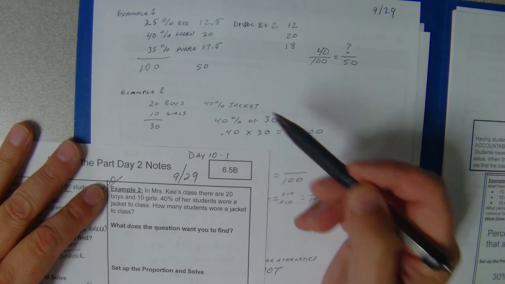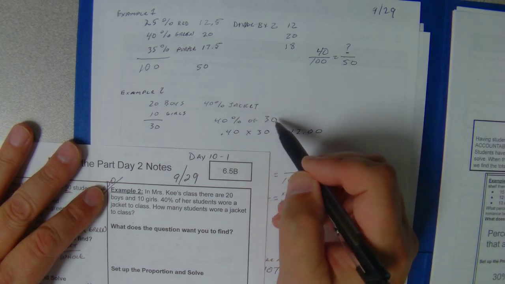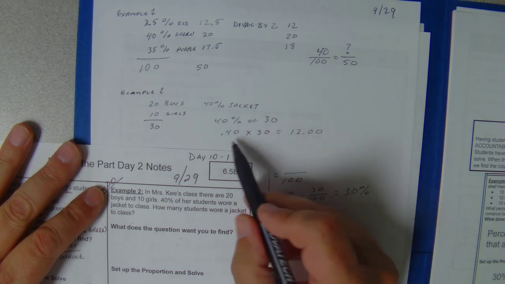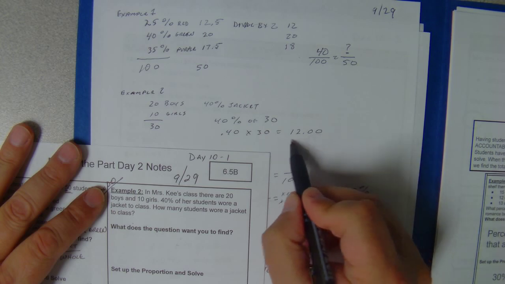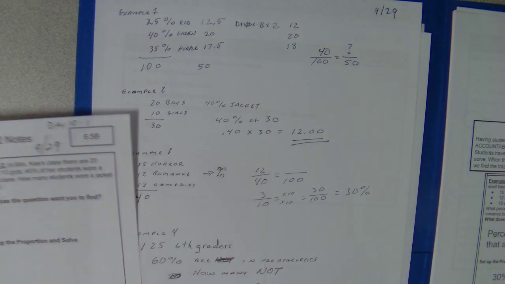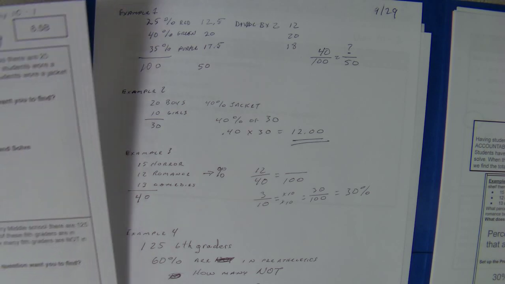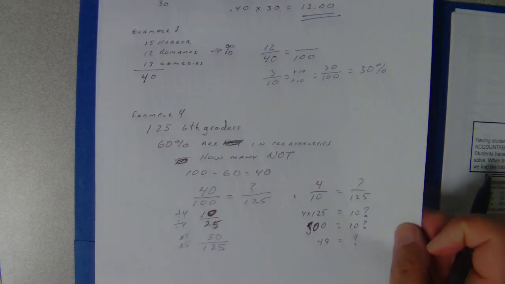There's 30. 40% wear a jacket, so therefore there's 40% of 30, and solving that is 0.40 times 30 equals 12. Pretty easy stuff. And example 4, this is one of those situations where I want you to really pay